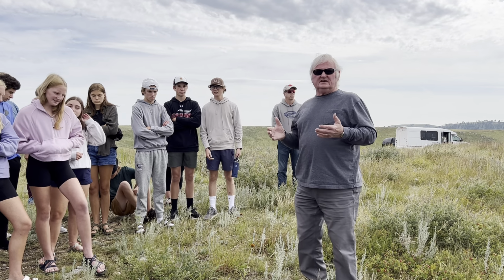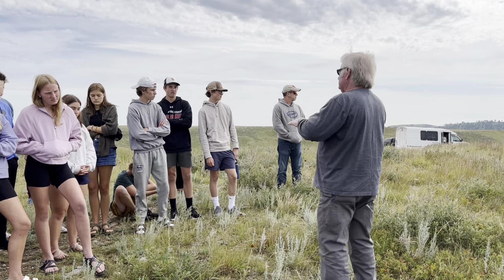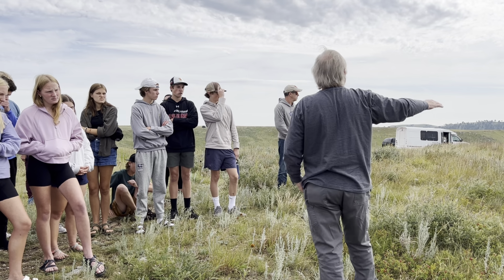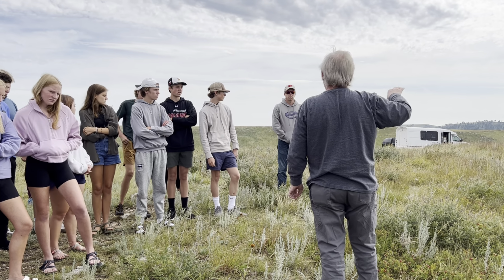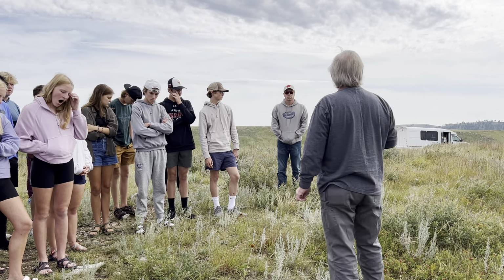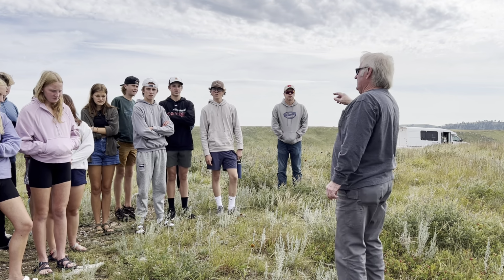And so from here we can see this ridge that's over here in the distance, and that is called the Hogback Ridge. It is the outer layer of the Black Hills. It was the top layer when the uplift started. It's a sandstone called the Lakota and the Dakota sandstone. There's a lot of petrified cypress trees, rocks on that, indicating a fairly tropical climate at one time. It's about 100 million years old, that rock. That rock completely goes all the way around the Black Hills at different